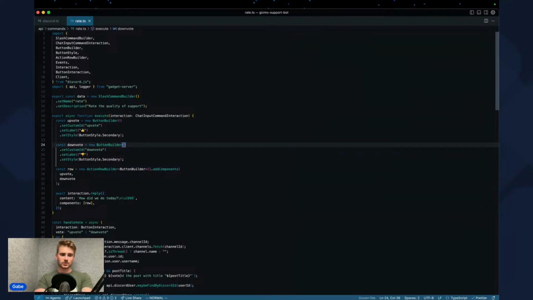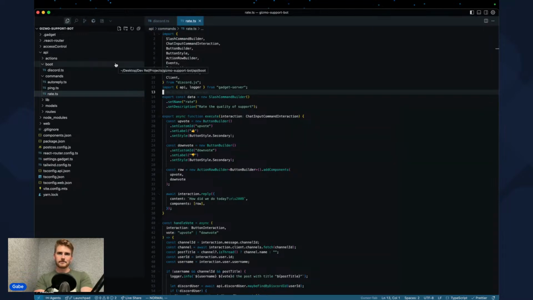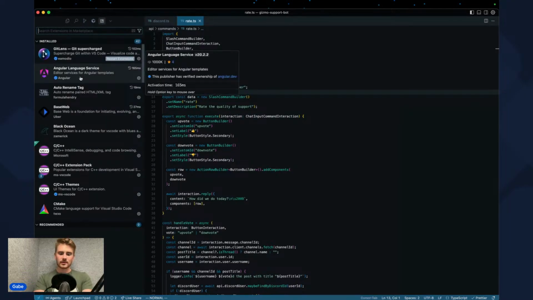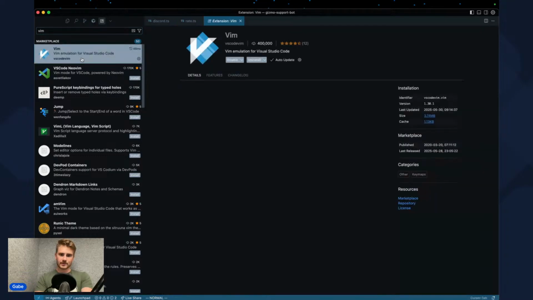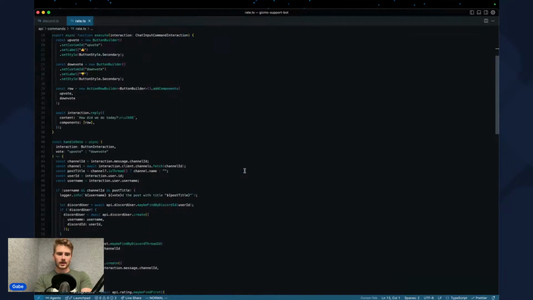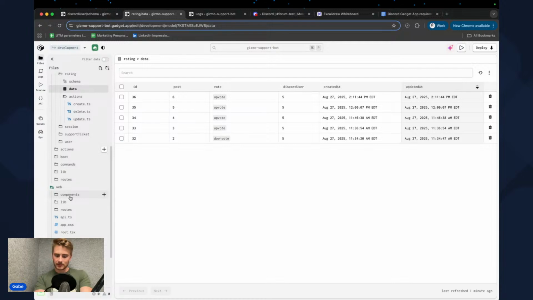That's pretty much it. In terms of tool sets, I'm using my development tools. I'm using Cursor with the Vim key bindings. I like Vim a lot, but sometimes you need a little bit of AI and stuff like that. So I think the combination of the Vim key bindings, that's this one right here, and Cursor is a good combo. Makes me go pretty fast. And of course, I'm using the Gadget framework to actually build out this app. All right, that's pretty much it. Let's start building out the